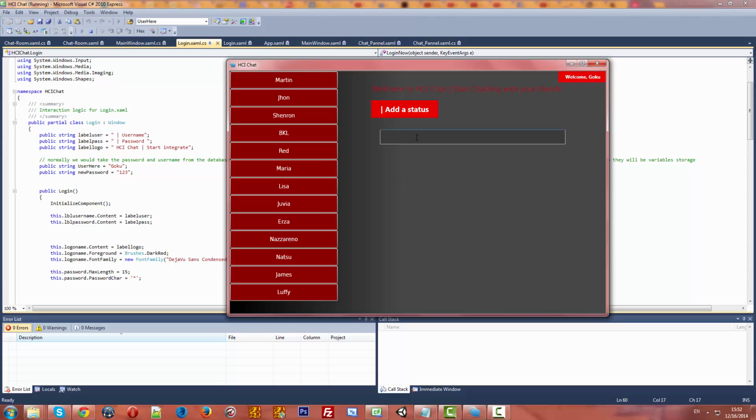So first of all, let's write, for example, hi everyone, and there it is: the label about my current user, the text block, and the user image. I know it is a bit too small, but